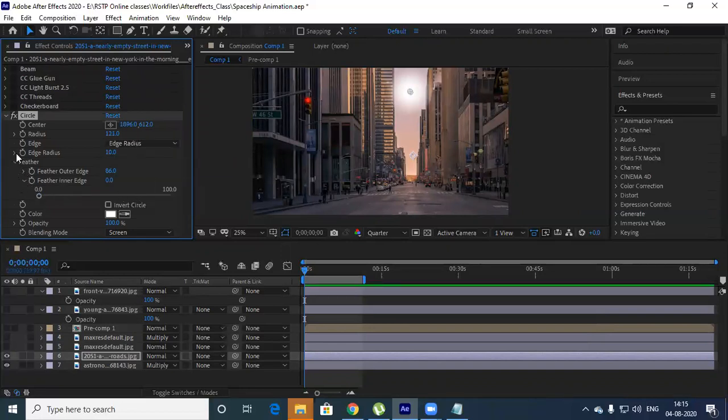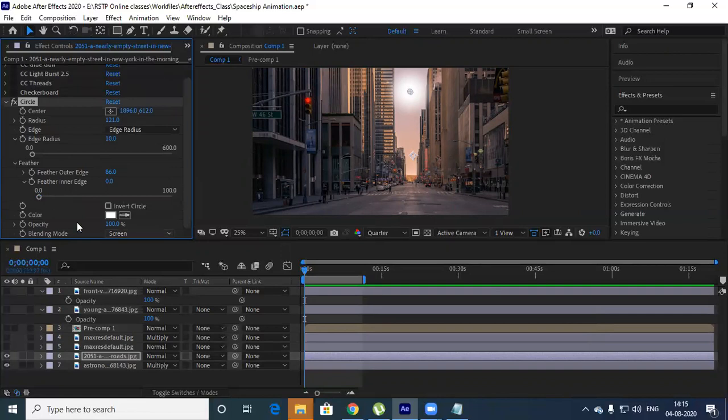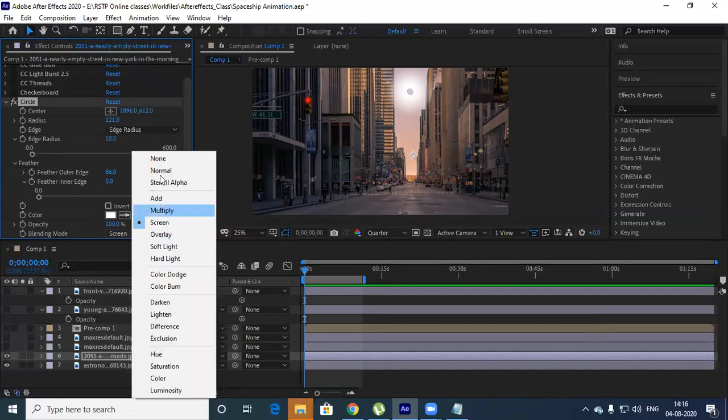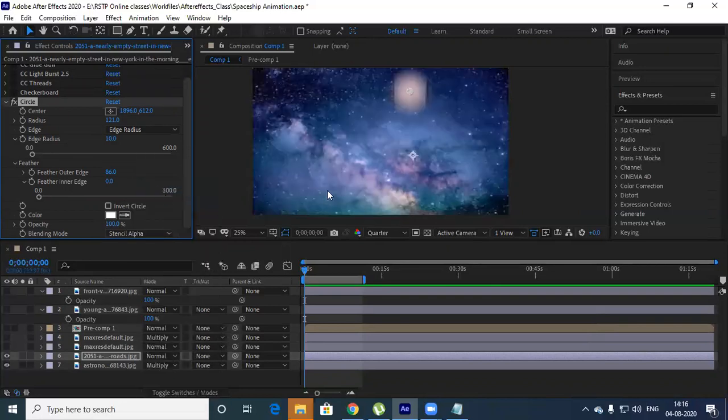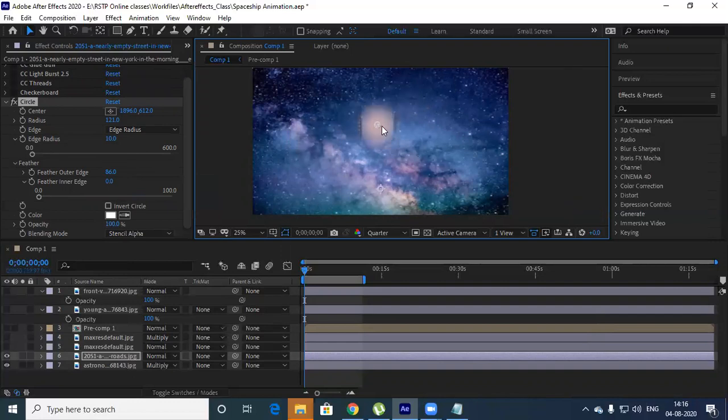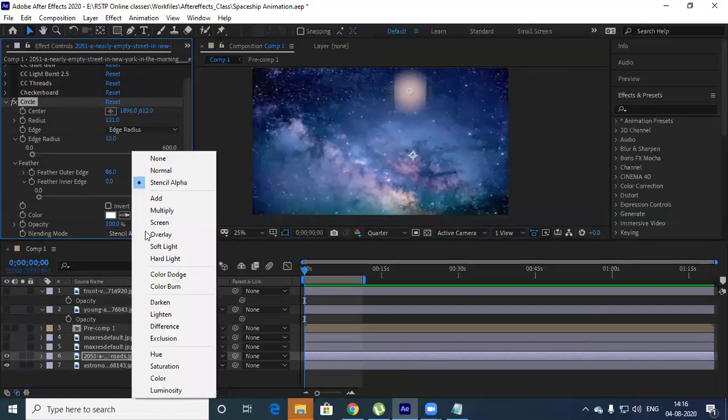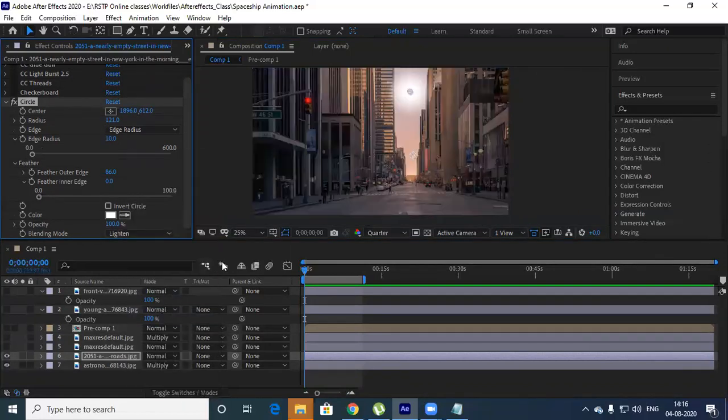So you can define certain things here. This color also you can define. So when you give stencil alpha, the other image looks like this. Just try this stencil.